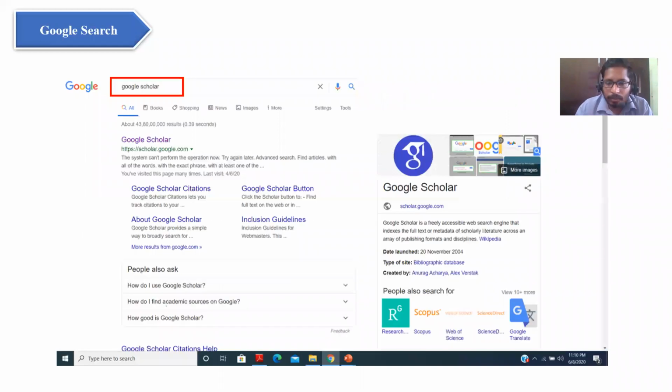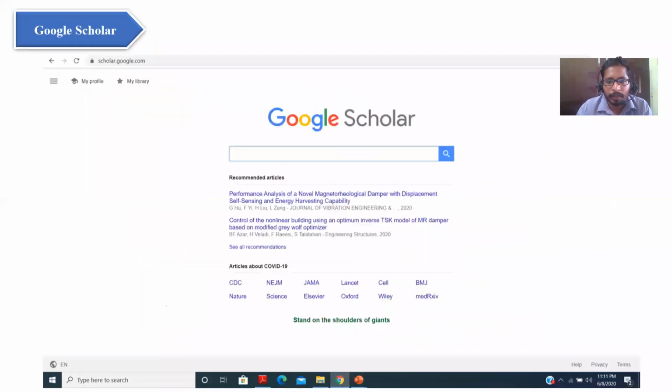So to go to Google Scholar, just Google it. You type Google Scholar, and you can see the screen. You can click the link, and you will get another link for Google Scholar. As you see on the screen, there are so many options, like my profile and my library.